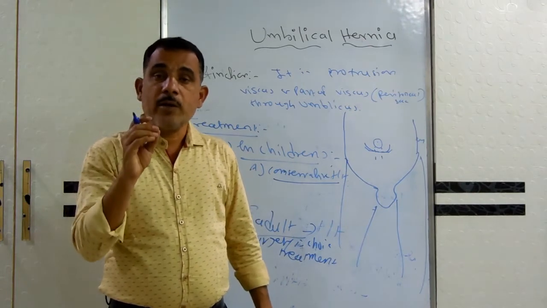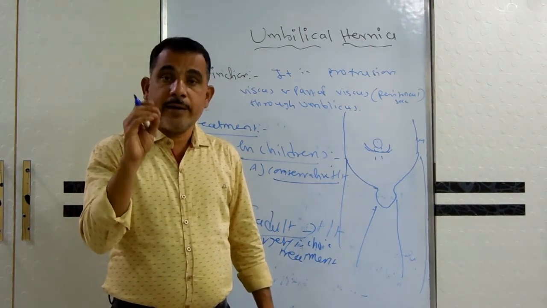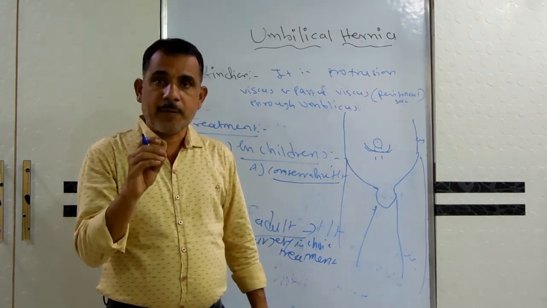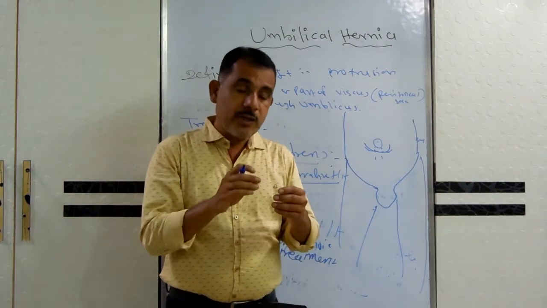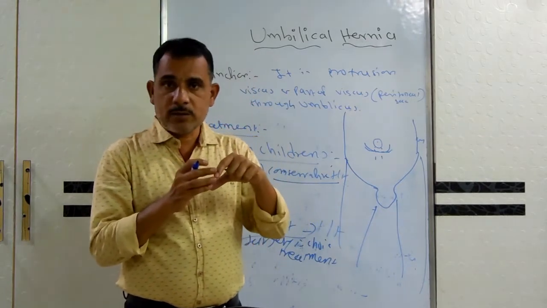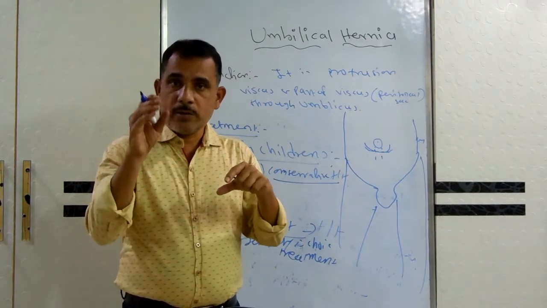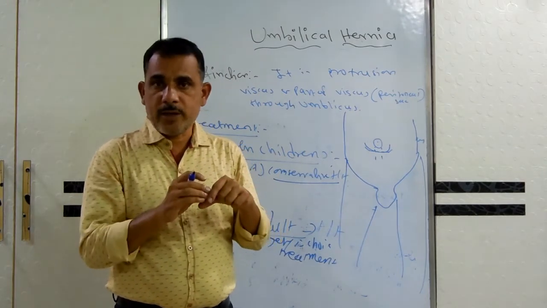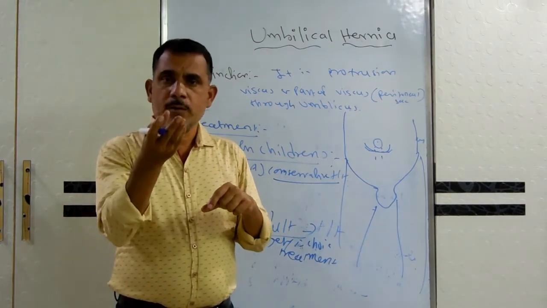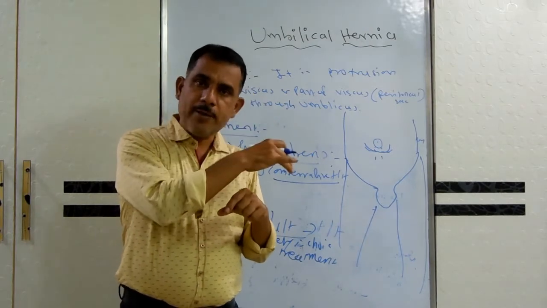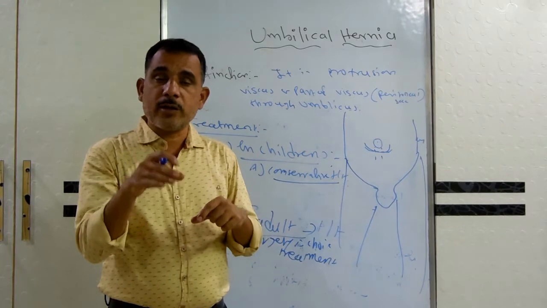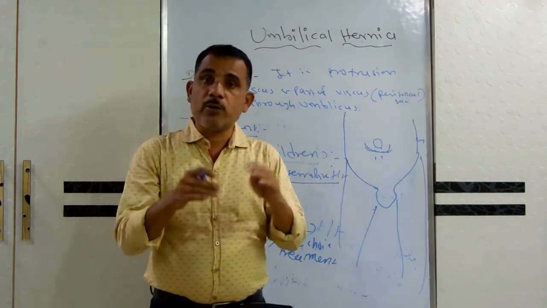After finding out the gap, visualize the neck of the sac. And after visualizing the neck of the sac, see whether the sac contains coils of the intestine. Mostly in adults, there are coils of large intestine and small intestine protruding there. They should be pushed back inside into the abdomen, and sometimes omentum is also there, or sometimes both coils and omentum.